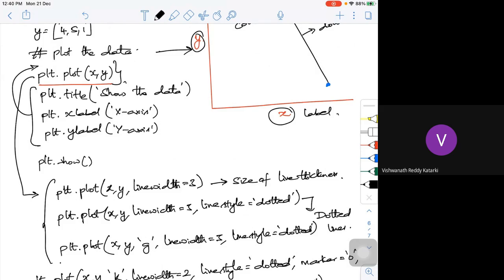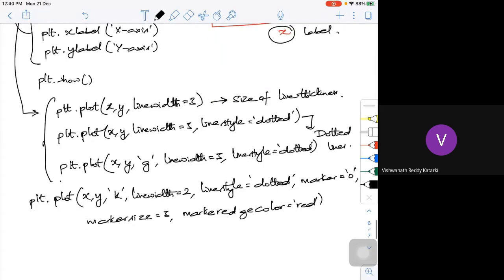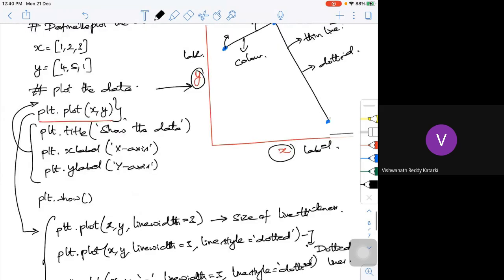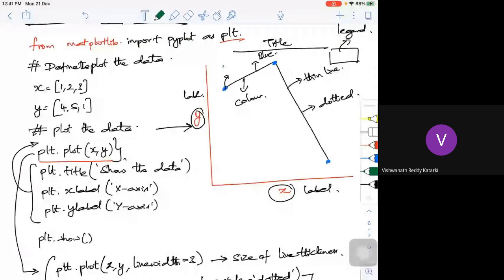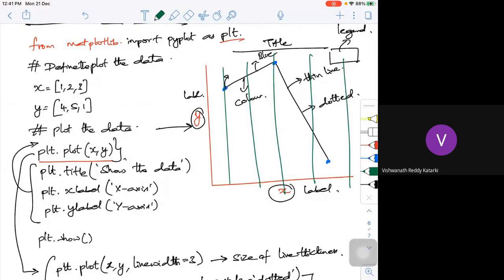Your title, x-axis, y-axis, xlabel, all those things, I can get it. This is one way of showing the plot we are trying to make in a better manner. That's it. Now, is it possible for us to add some kind of grid lines to this data? Grid lines like this may sometimes make a better picture. Thin grid lines like this.